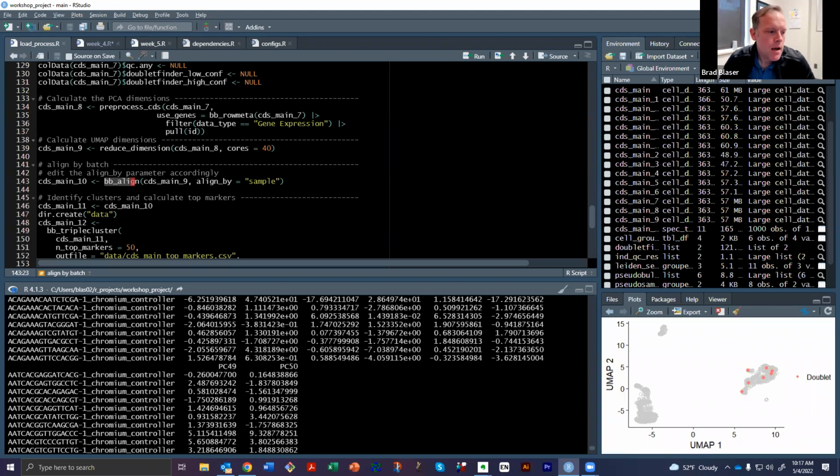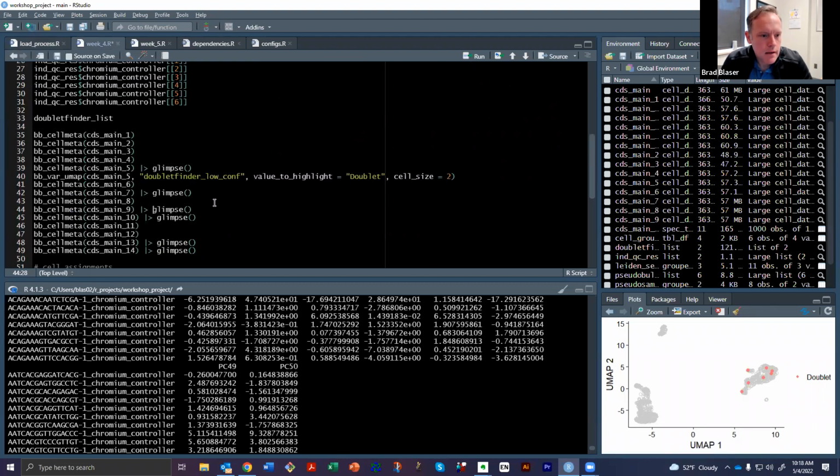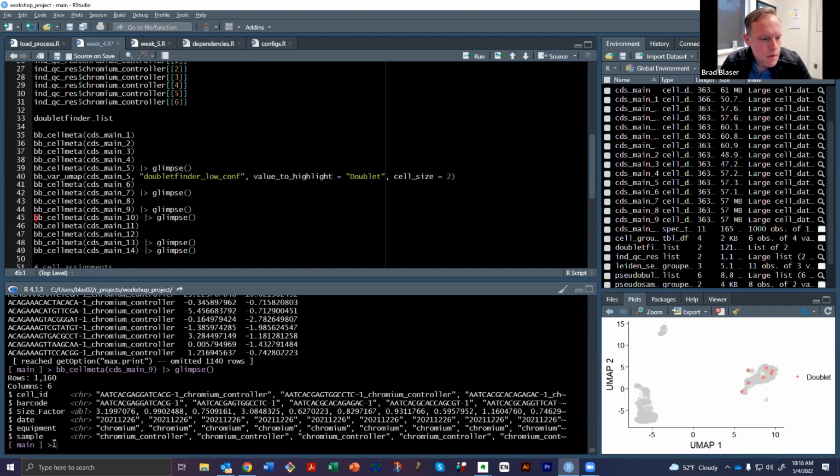Okay. Another question: when doing alignment, what is the program aligning the data to? Is there a reference genome? This is not aligning to a reference genome. We'll get that later. It's aligning based on factors. Okay, and in this case, what I've told it is the factors in your own data. In this case, I told it to align it by sample. So if you look, we can just run colData of CDS main 9, and then look at that. It's aligning based on this column here, sample,